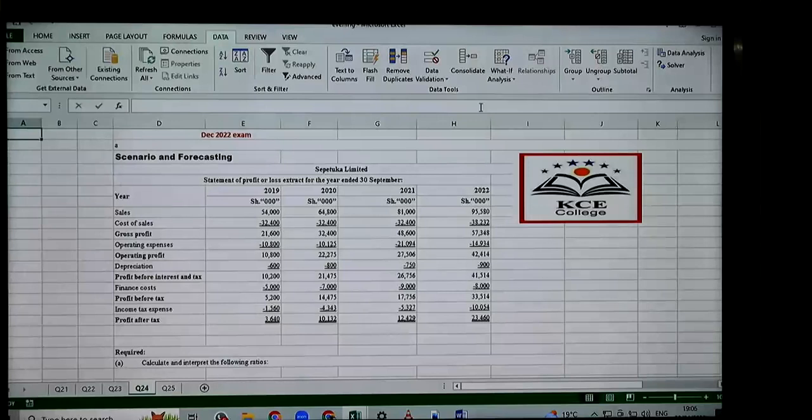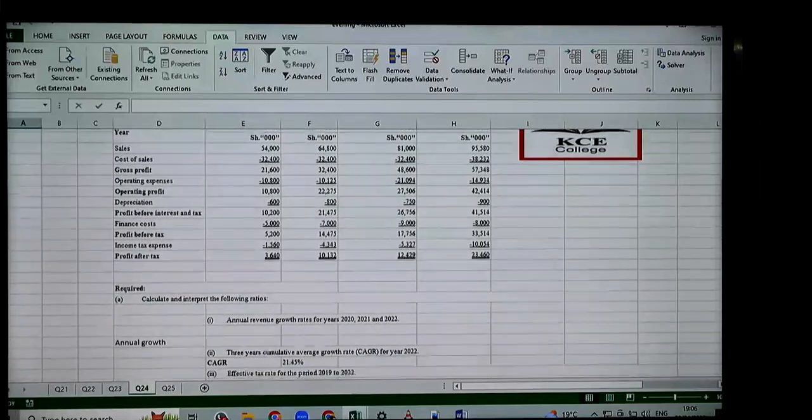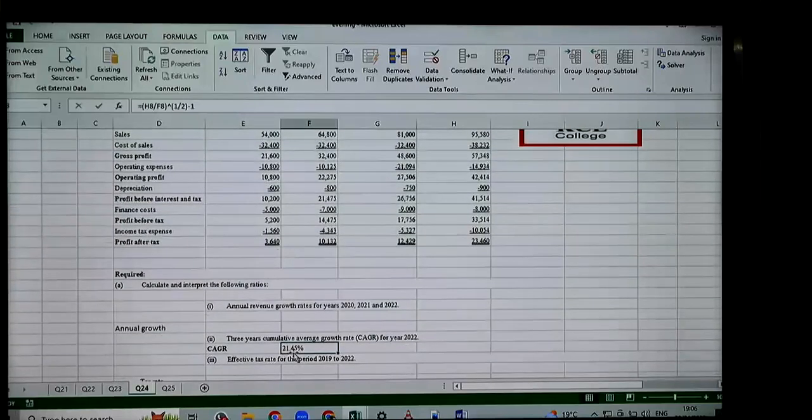And someone is asking about data validation, about CHOOSE and data validation. So under this question, we will be using the same. We'll be talking about CHOOSE and data validation, so don't worry. You've seen the question, it's a profit and loss statement for Sepetuka Limited. So you've been asked to calculate